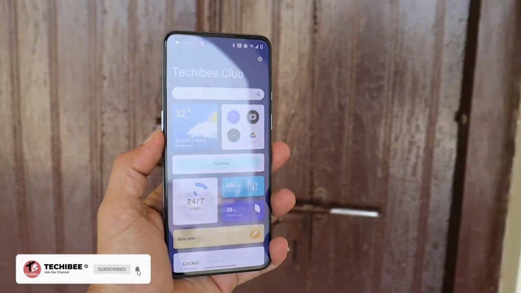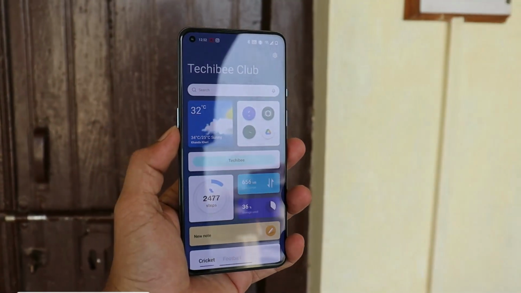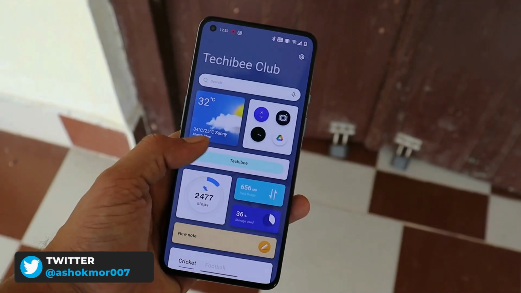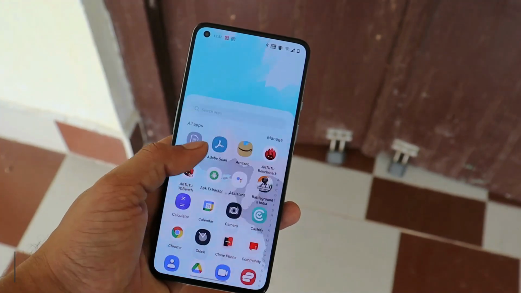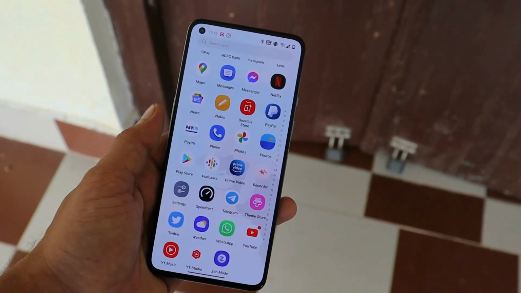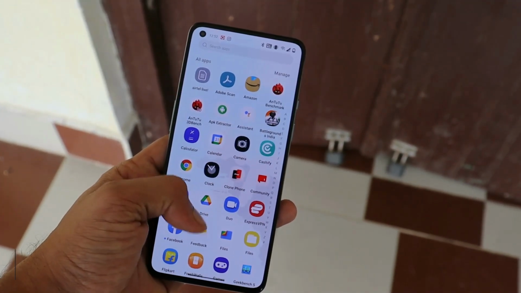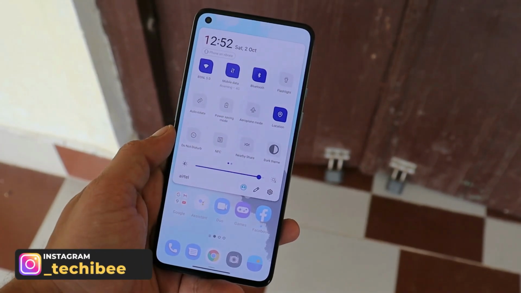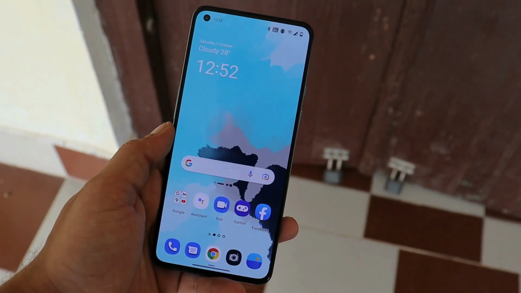As you all know, OnePlus recently rolled out the Android 12 developer preview for the OnePlus 9 series. In this video, we'll take a look at the launcher difference on both the devices, because the OnePlus 9 series is running the ColorOS launcher instead of the OnePlus stock launcher. We'll check out all the differences and the customization options available on the ColorOS launcher compared with the OnePlus launcher.